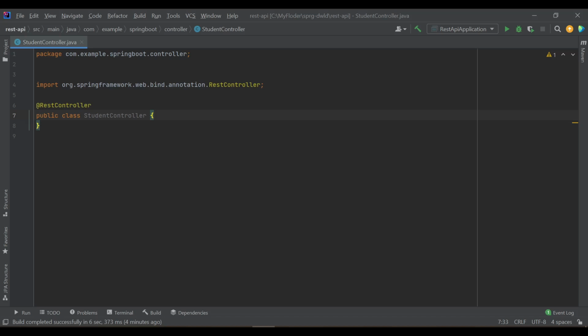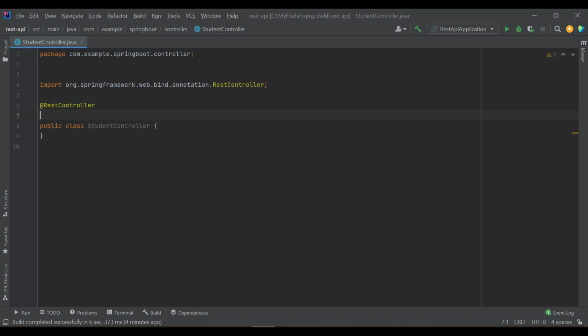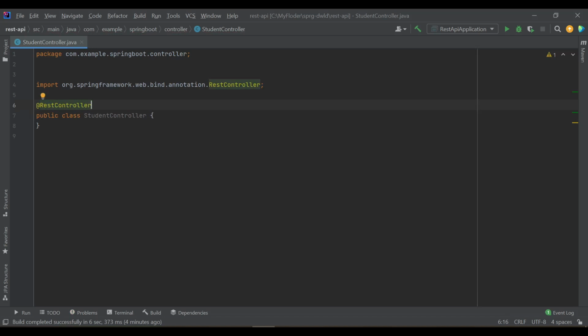So what is the difference between Controller and RestController? RestController also comes with an extra annotation called ResponseBody. So basically, when you are using a RestController, it also includes Spring's ResponseBody.